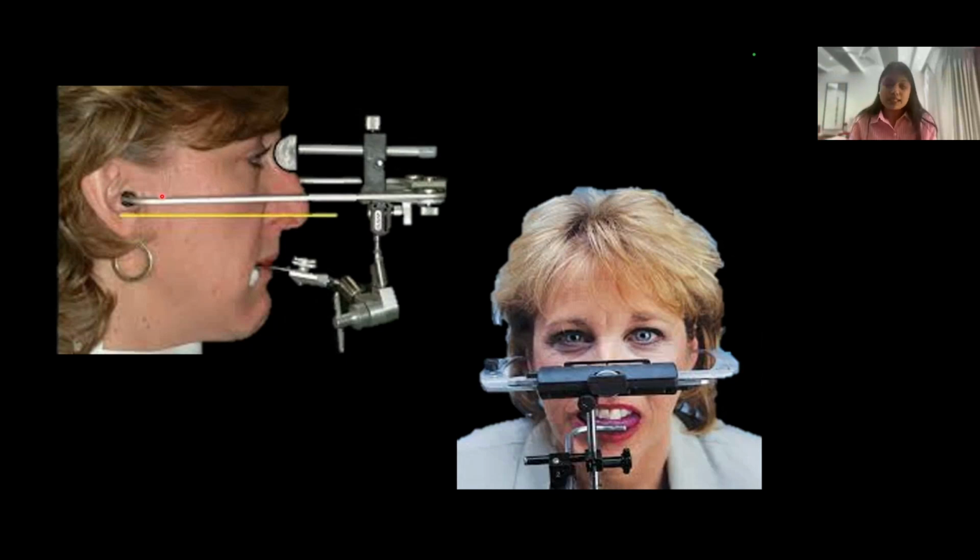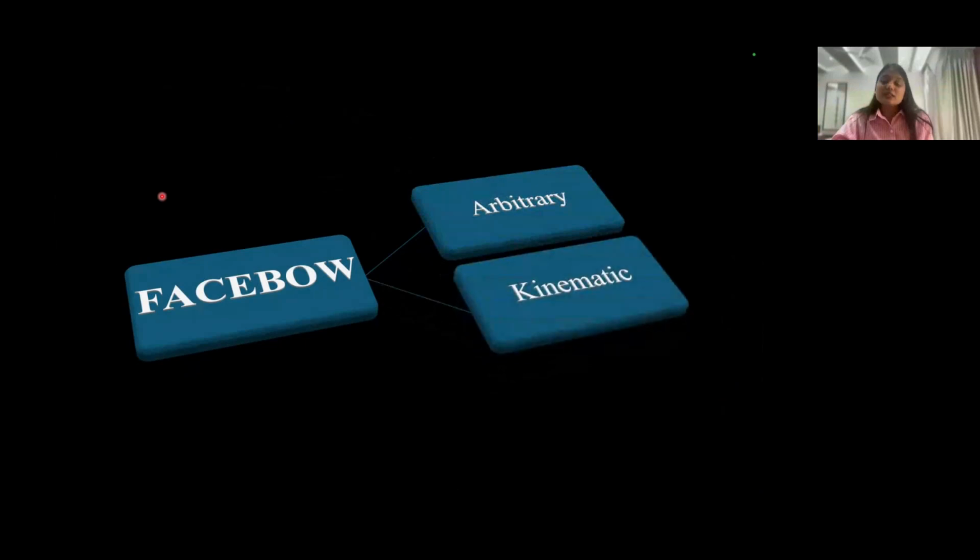But it is a little complex thing. So that's why we need to understand the kinematic Facebow also. But it's not necessary that you cannot use arbitrary for full mouth, because it's not easy to understand kinematic unless